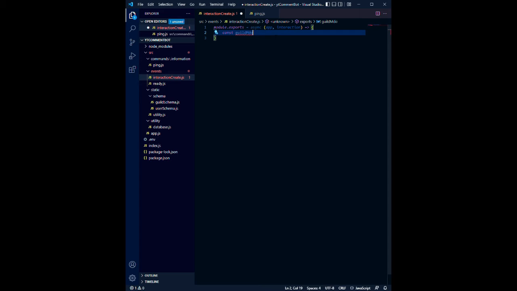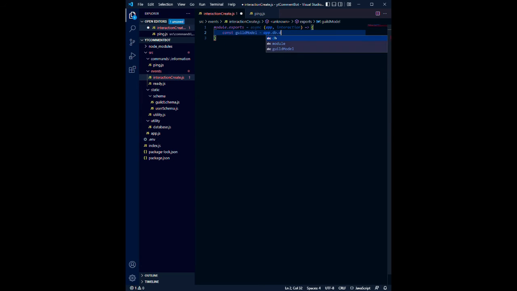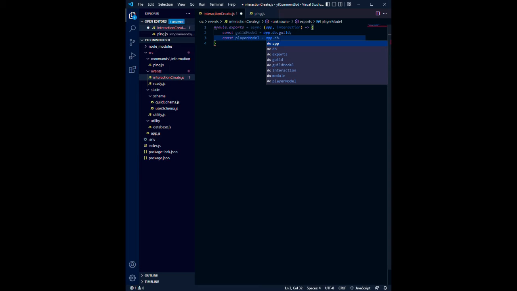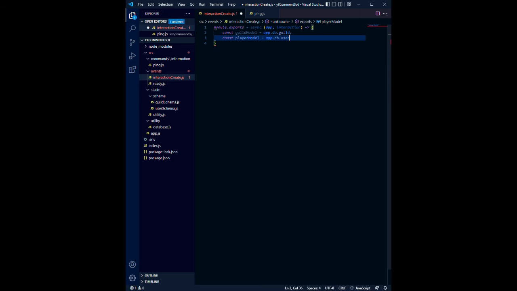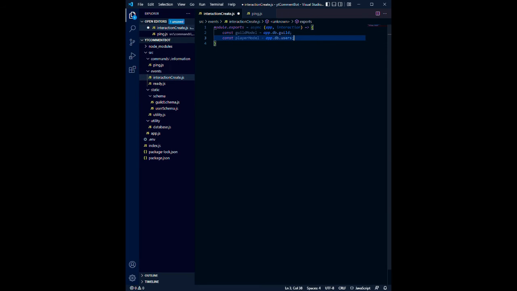guild model equals app. We'll get the database, and we'll get the guild model, as you guys have seen. Same with this for the player model, or the user model, whatever you want to call it. And get the app, we'll get the DB, which is the database, and then the users. I'm pretty sure I named it users, yeah. And then